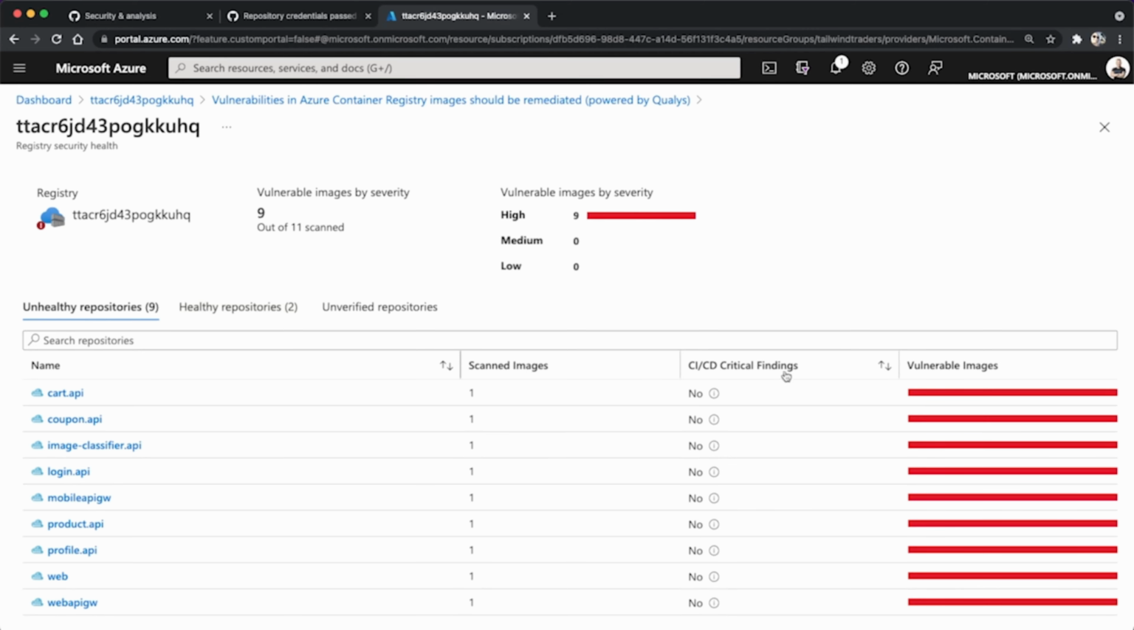You'll also notice that we have a column labeled CI/CD critical findings. Remember, CI/CD stands for continuous integration and continuous delivery. This column allows us to trace the CI/CD GitHub Actions workflow that built the image in question. At this time, we can see Tailwind Traders has not yet enabled this feature, but we'll learn how to do